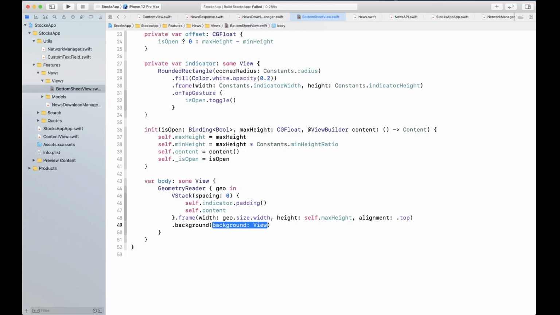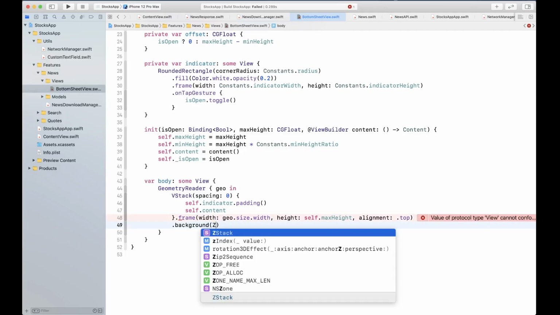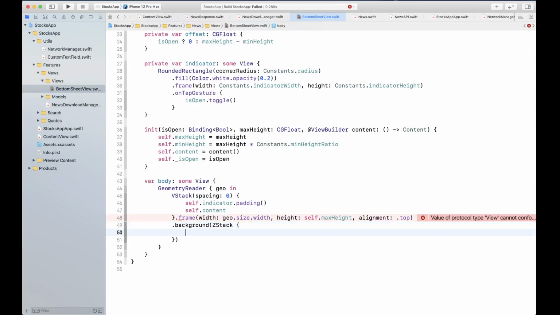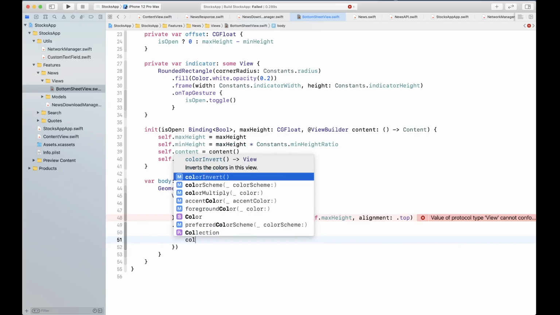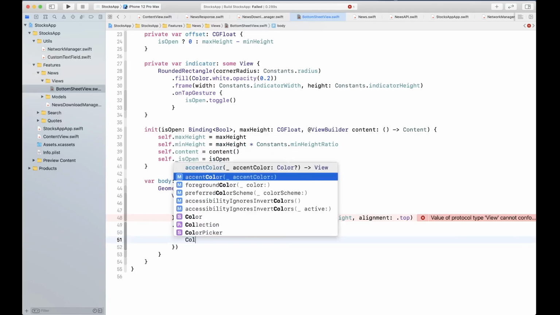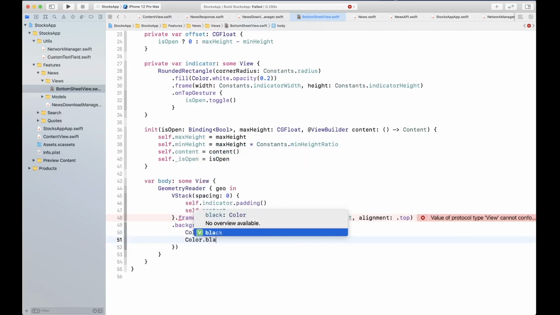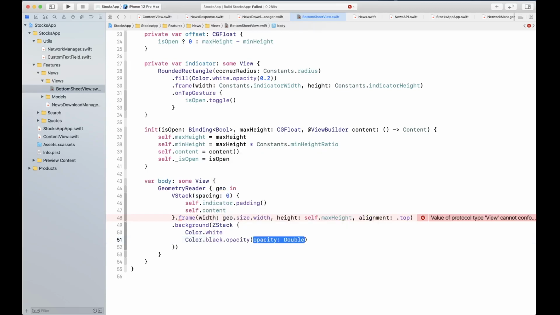Then we're going to have a background. The background is going to be a ZStack with color dot white and color dot black dot opacity 0.8. All right, so that is our background.